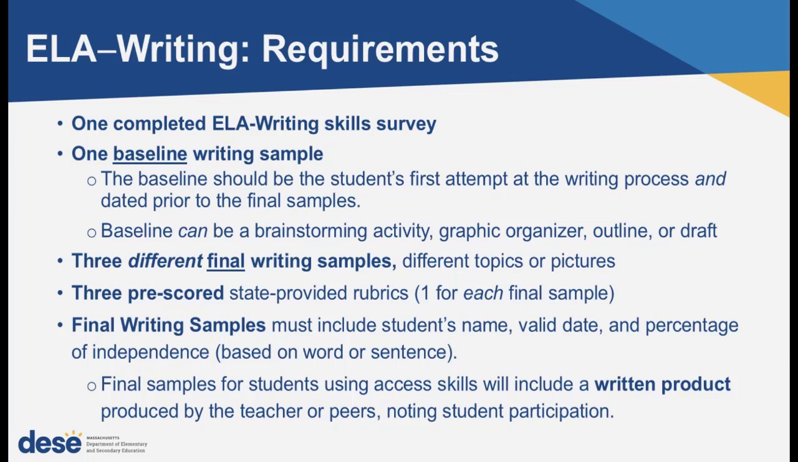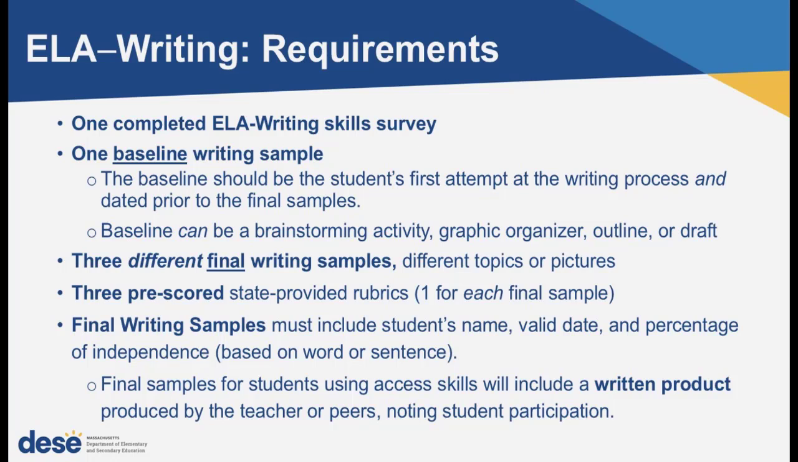First of all, just like at the core concepts, every strand needs a skill survey. So you're going to have one skill survey for the writing, one baseline, and this baseline is like the student's first attempt. If they're able to write, it could actually be writing, or if they're going to tell you and you're going to scribe, it's just a baseline. It can be a brainstorming activity. You can do an outline, a draft, graphic organizer, but it's that first attempt, and that should be dated before